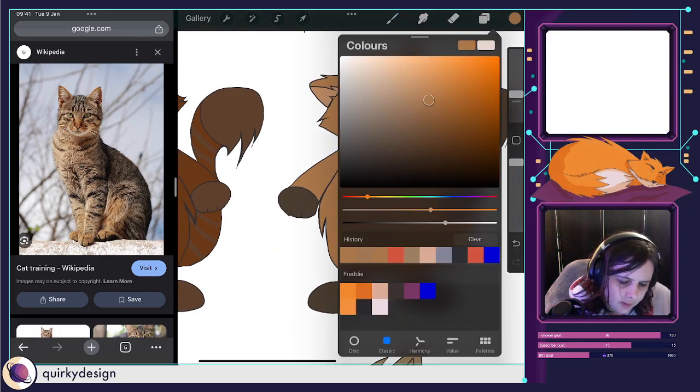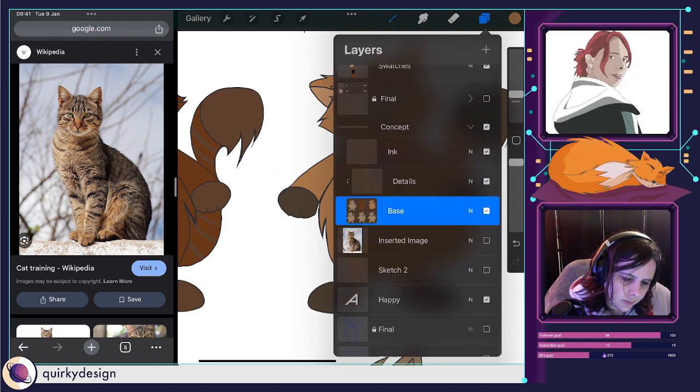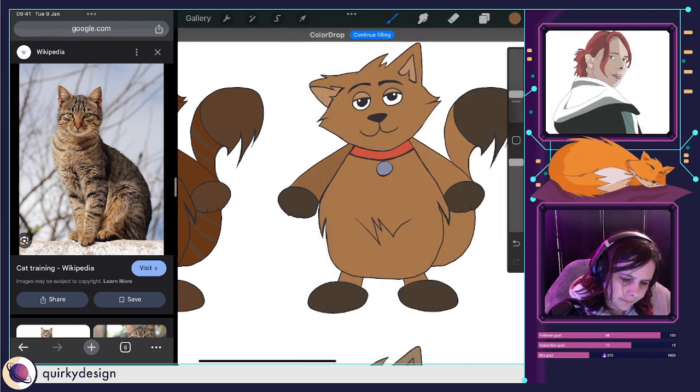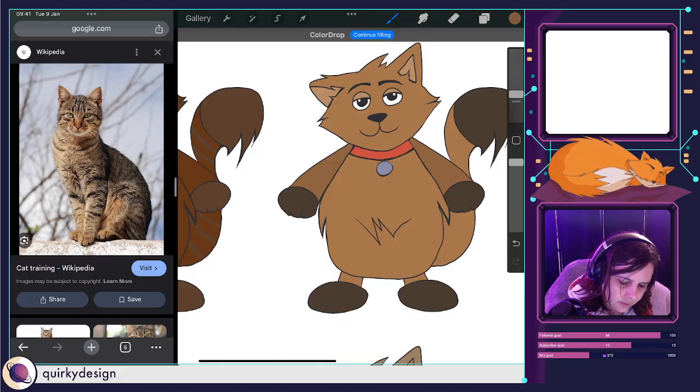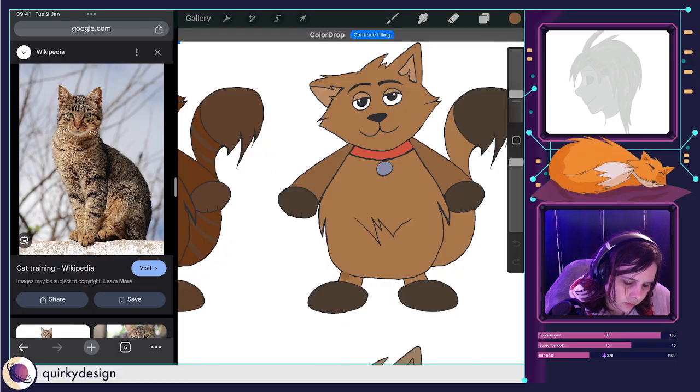And then try and add a darker colour for his arms. And maybe his legs.